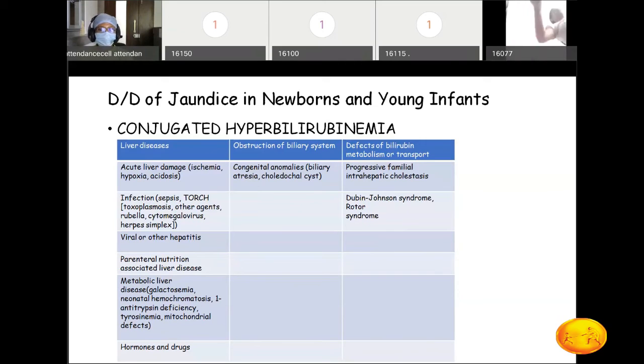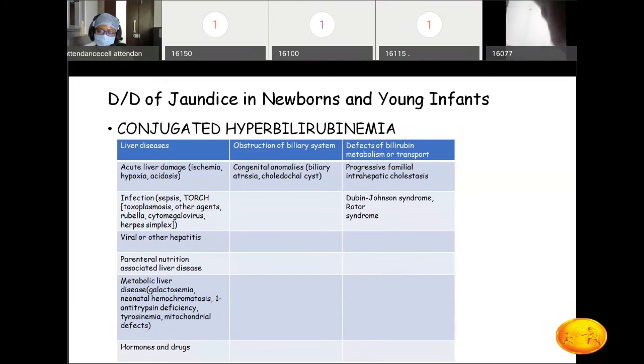Then you've got obstruction of the biliary system. So the main thing, like all direct or conjugated hyperbilirubinemia, the urgency of detecting it and evaluating the child is probably because not entirely for this disease, but mainly for this disease, and that is biliary atresia. So biliary atresia is something where the treatment is time bound. You can't just evaluate the child at your leisure, treat the child at your leisure. You've got a limited time range when the interventions are going to be really helpful.